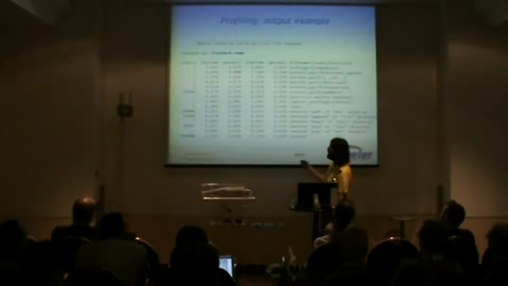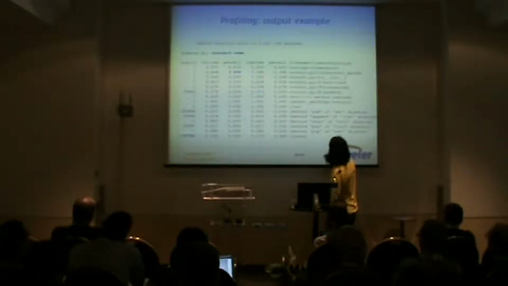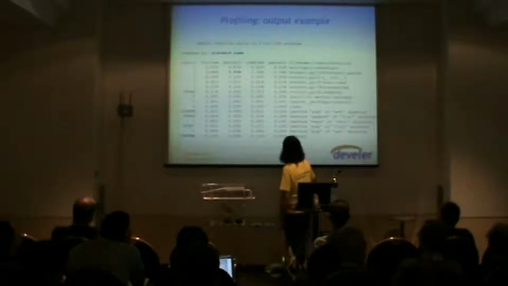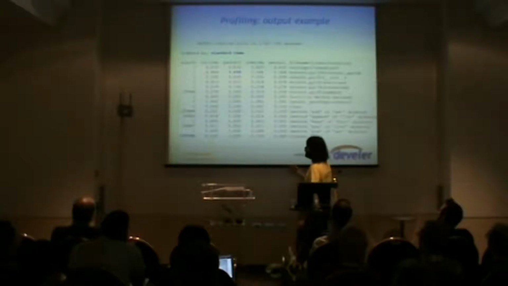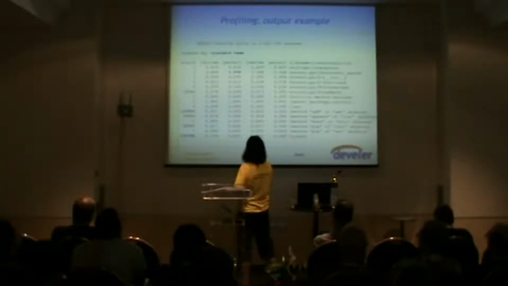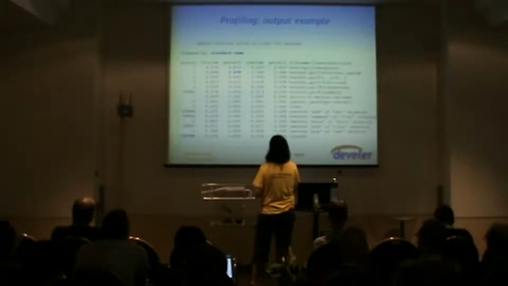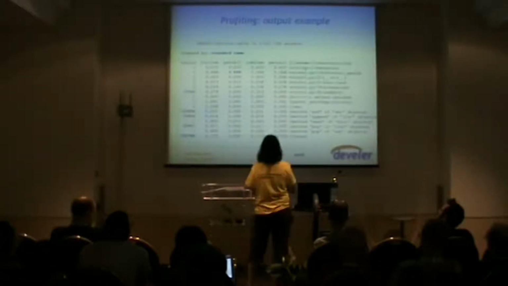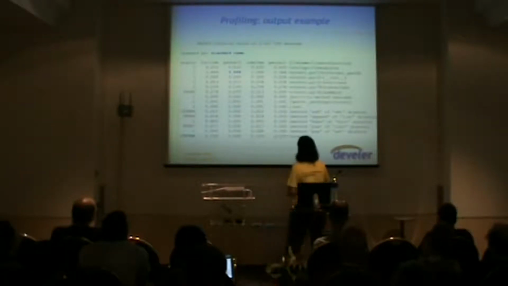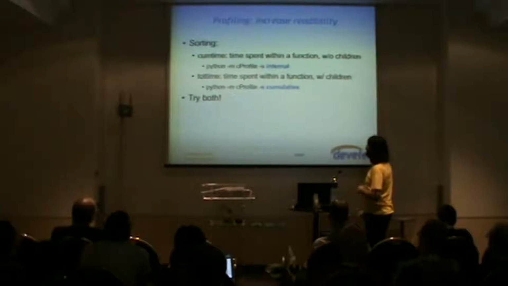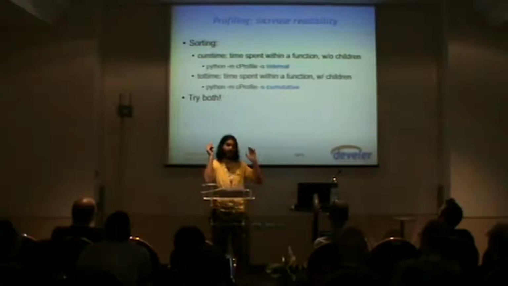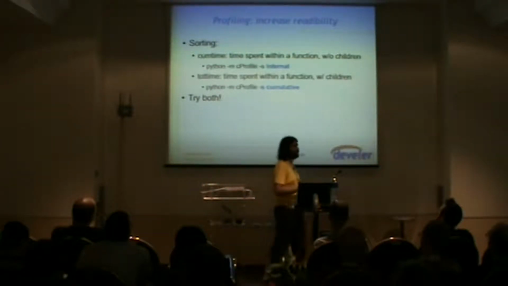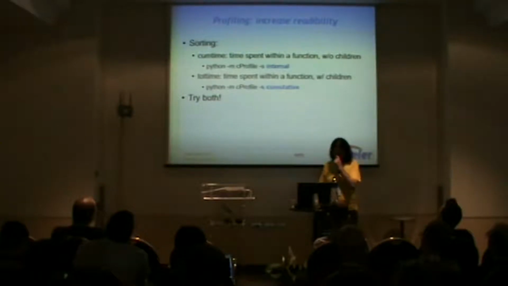Then you get this table here for each function. So I get this Voronoi connected function here, line 78. This is the line of your code. You know how many calls to that function, how long it takes in total to run the code, how long a single call took. Then there is the cumulative time and the per call time. We'll explain this. But this table probably needs some sorting, because obviously you get a big dump of all those functions, but you want to sort them to focus on the main bottlenecks.